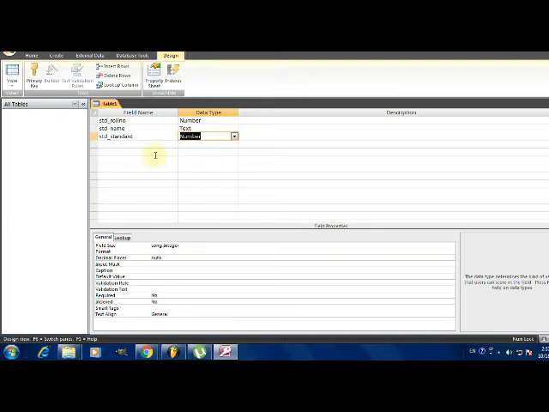Now after this we have to set the primary key for roll number. Why? Because this field will always contain a unique value, we are going to store a unique value for this field. Whenever a user enters any existing roll number, then simply we have to reject that roll number.